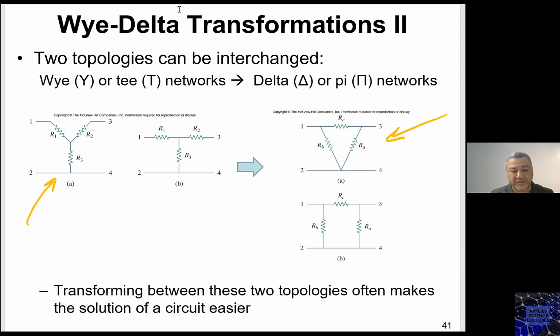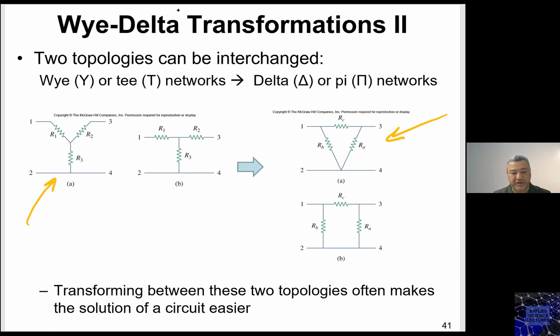This is how the circuit is being connected. They form some sort of delta connected this way, as you can see. This is what we call delta. Or if they are connected like a Y, or sometimes they call it a star,